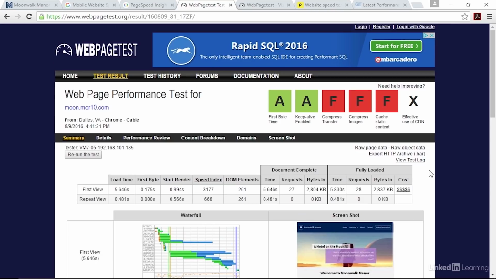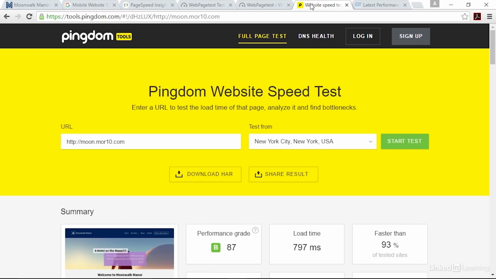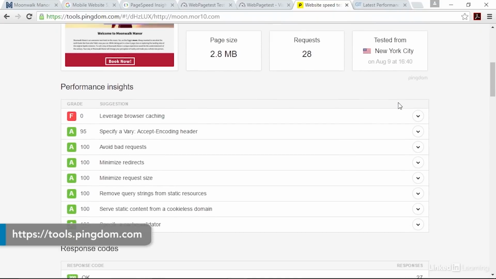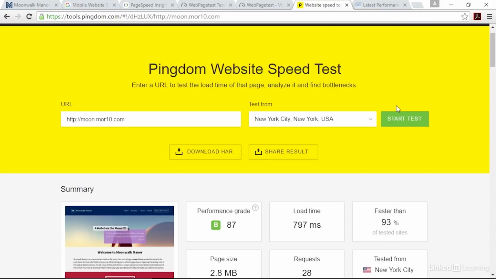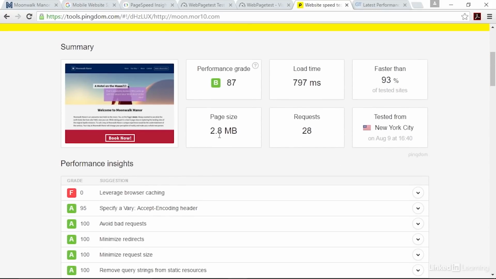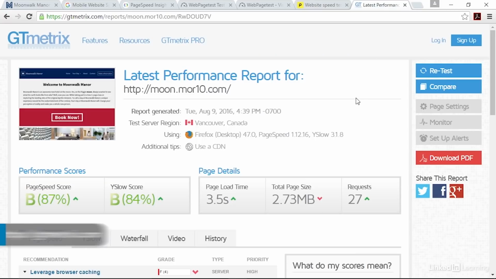WebPageTest is typically used as the independent go-to reference for objective performance data. Two other tools I like to use come from Pingdom and GTmetrix. They both provide detailed performance breakdowns with slightly different data and results. So here you can see on Pingdom, we have a page size of 2.8 megabytes and a performance grade of 87. On GTmetrix, we have a page size of 2.73 megabytes and a page score of 87 and a YSlow